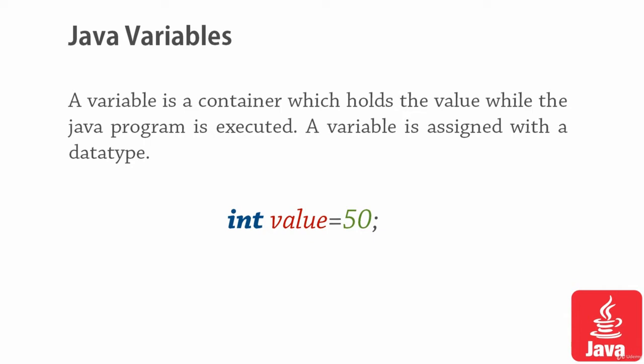So the syntax: int value equals 50. The 50 is the numerical value that we want to assign or store or use throughout the program with the name as value. Whenever we want to print value 50, we will be using this keyword value because this is a user-defined variable. We can write v, we can write x, we can write anything in place of value. But the type that the value variable is storing, the integer value, will be denoted by the data type. So we are writing int here.